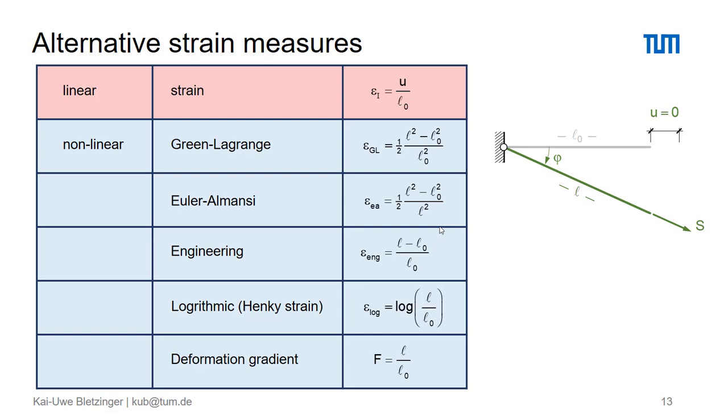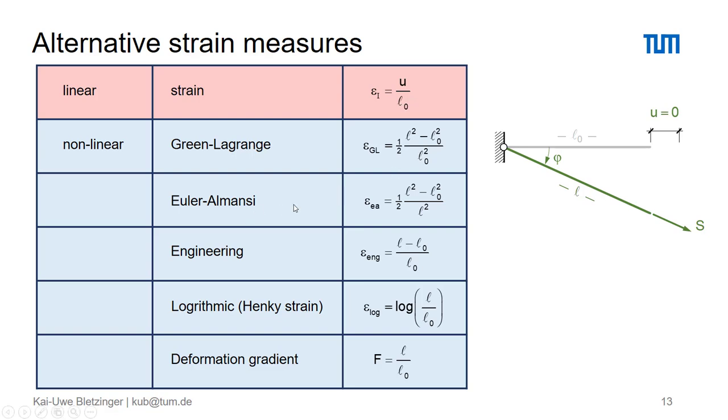Straightforward, there are also alternative strain measures. We have just learned about the Green-Lagrange strain. Here it is, we repeat it. That one we take to replace the linear strain, which we know from theory of first order. But other than the Green-Lagrange strain, there are other alternatives which do the same job. They make us able to analyze large deflections.